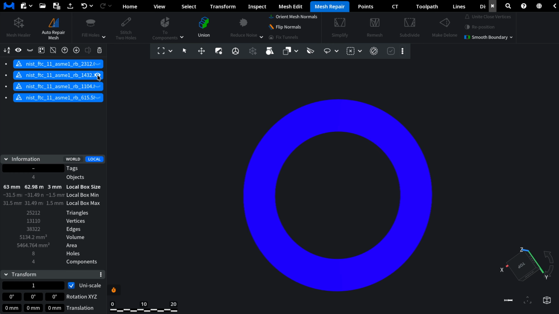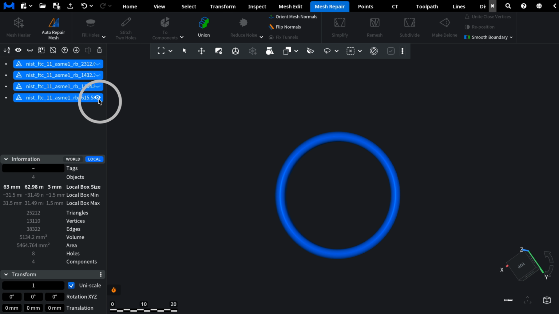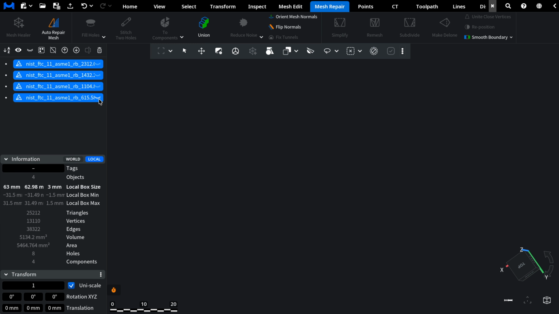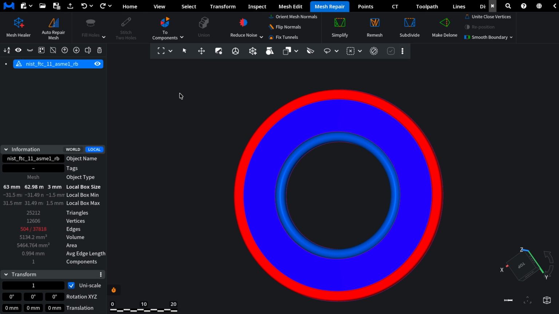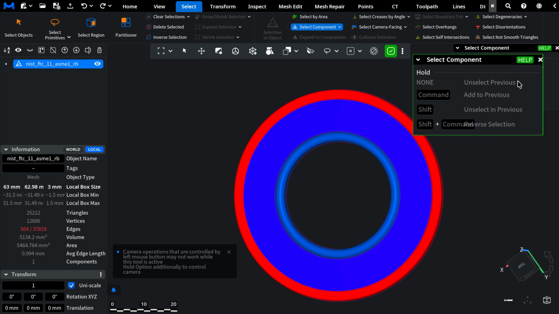If we need to separate only one specific segment, or several selected segments, we can do that as well. First, we undo the previous action. Then we go back to the Select tab, click Select Component, and choose the segment or segments we want to